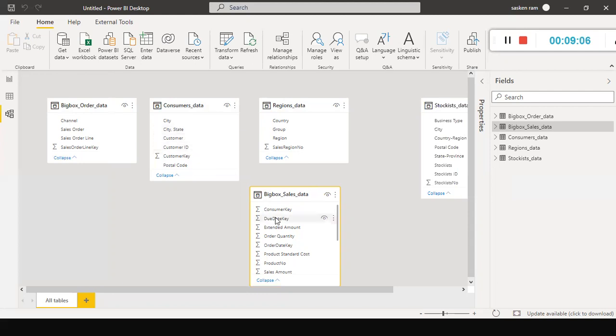Whereas the orders made by each person will be stored in this one. Let's say Sai ordered 4 times or 10 times, so 10 orders' related data will be stored in this file.